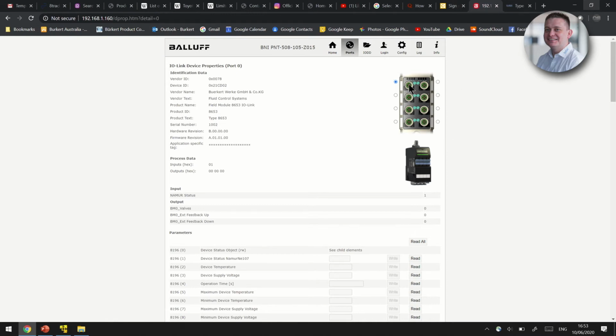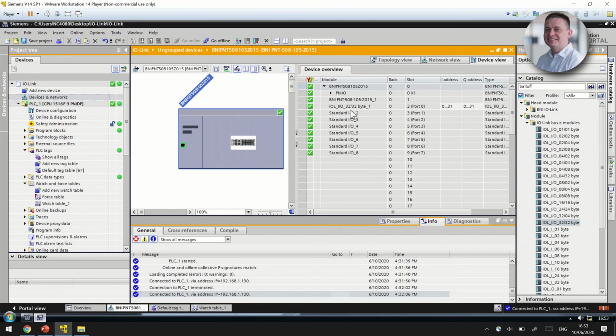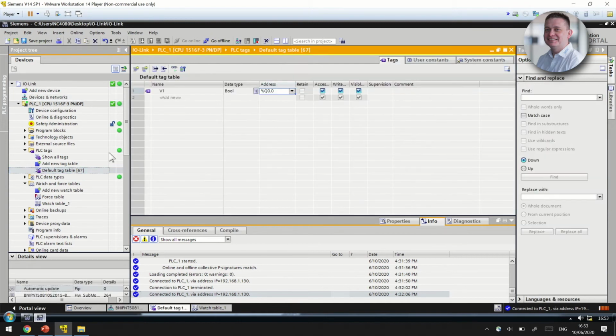Ports are configured as port number 1, and then in TIA Portal we import that block as an element in the Profinet system. We go into that block and assign a 32-byte module to the first port. Once that's assigned, we create a tag in our tag table for our first valve with an address of Q0.0. We then put that into the watch table,